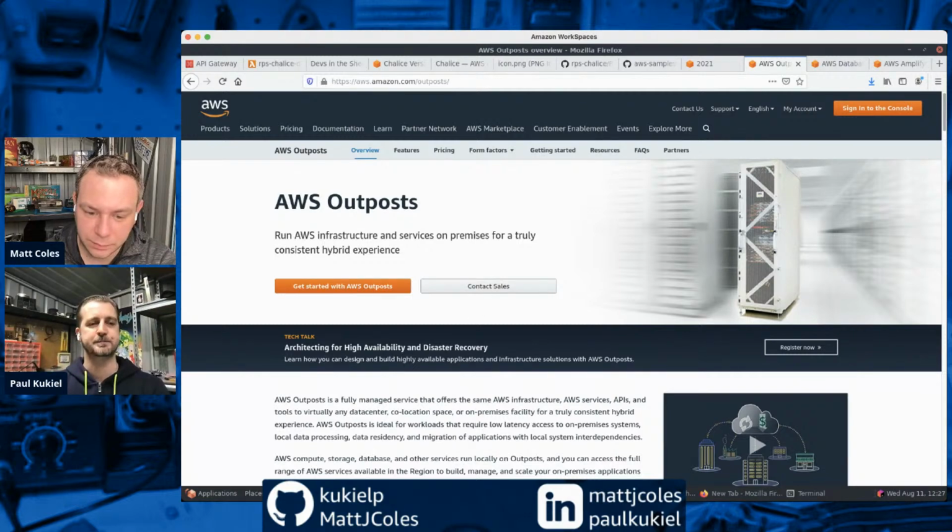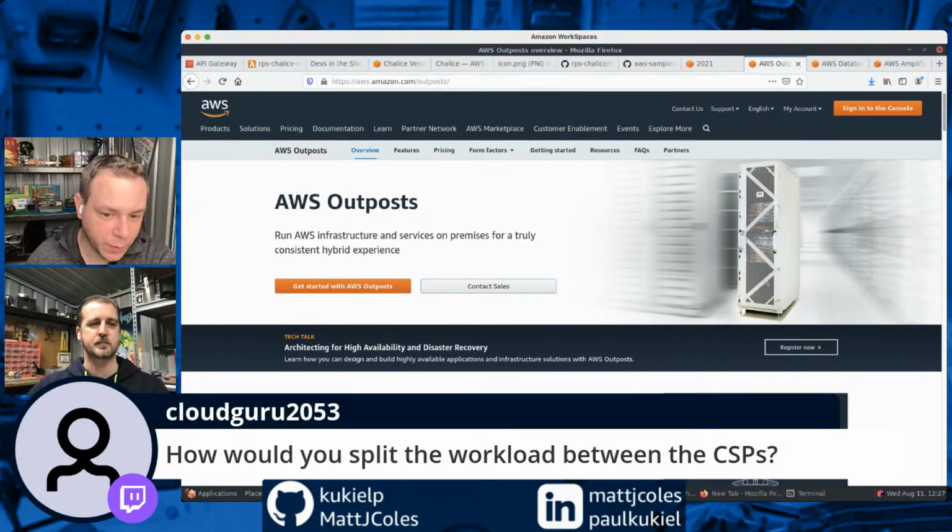of AWS. Yeah, and Cloud Guru's asked one more question. I know we've had a really good conversation for half an hour, but we'll move on after this. But how do we split the workload between the CSPs? And the speed of light problem actually comes down to my response. Rather than running the same thing across two clouds at once, where suddenly you have latency to worry about and added complexity to your networks, including how the backbone providers are working between both clouds,